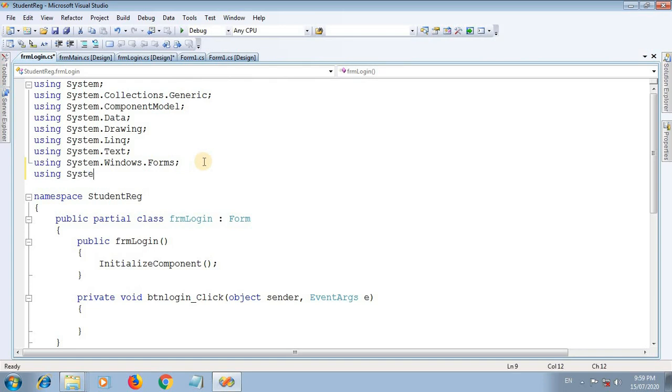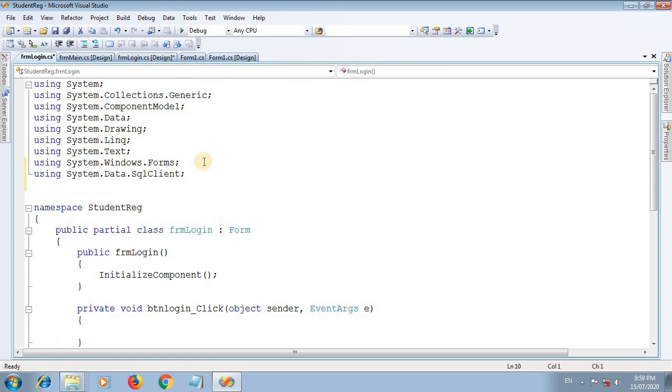So System.Data.SqlClient. If you want to communicate with SQL Server, there is a library called SqlClient. You need this library, because in SqlClient there are classes by which you can communicate with a database. In C# you import external libraries by using the keyword using. So this is the first step.